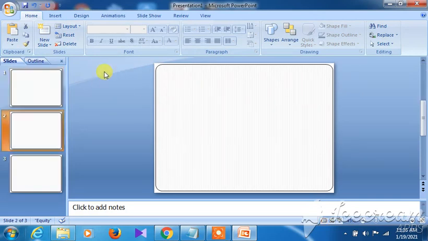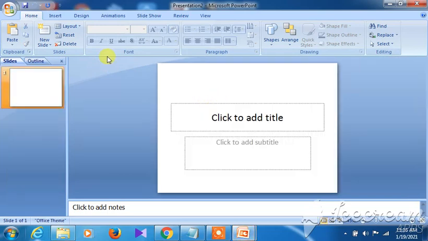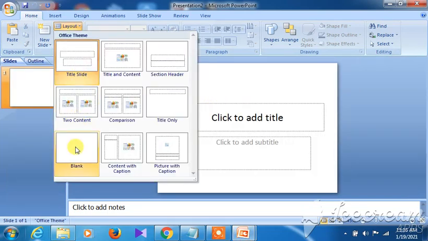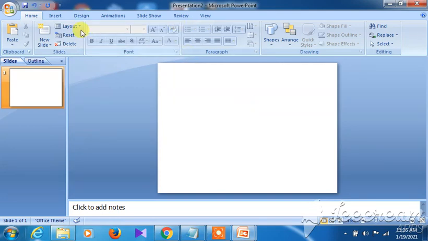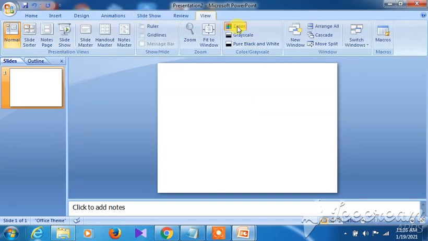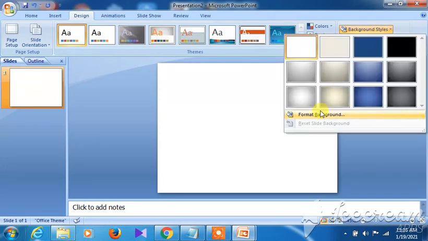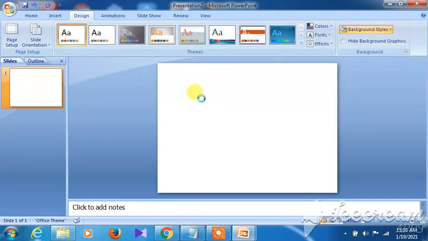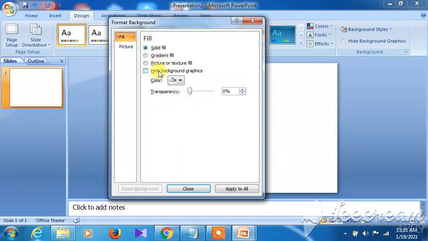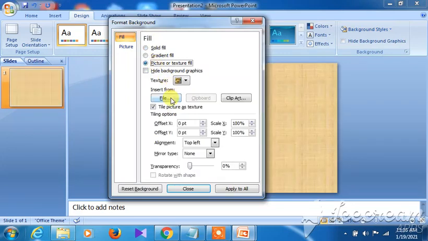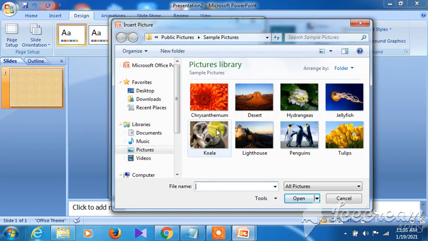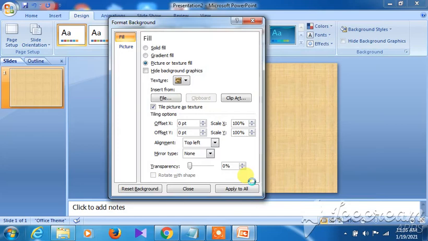So what is happening here, Control N, I am choosing another new presentation, and here I am choosing this one. All right, so now what will you do again, let us see. Coming to view, and then sorry, not only view, you have to come to the design, and then choose the background styles. In the background styles, go to format background, and please click on the picture or texture fill, this one, choose file. Choose a file from here. Say this file I am choosing, and then clicking on insert.